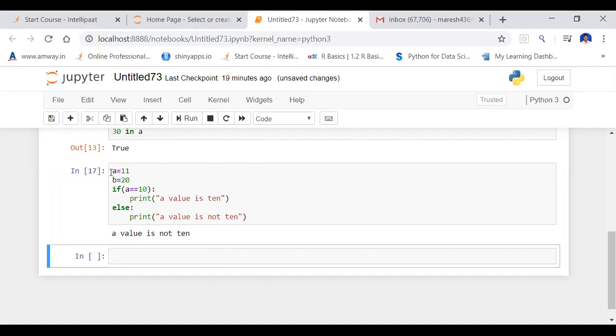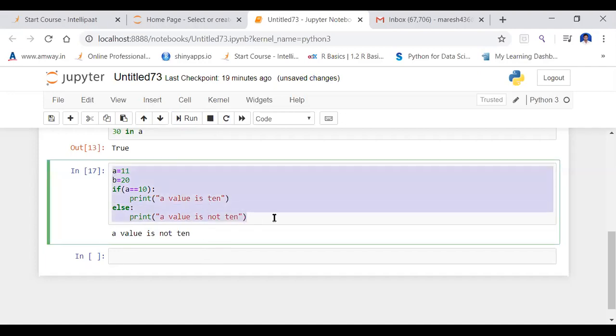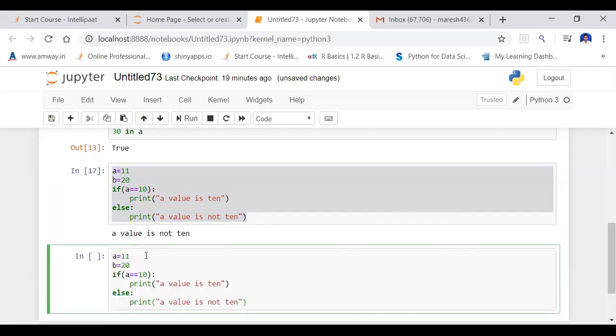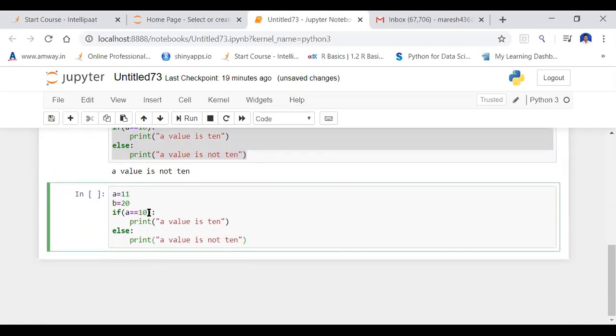Suppose I am going to explain with one more example, same if statement. So now what I am doing is, A equals B condition.